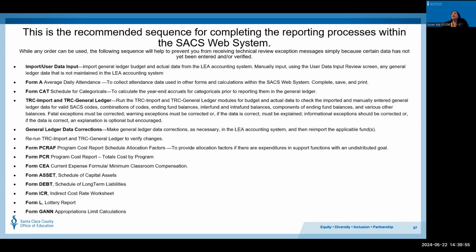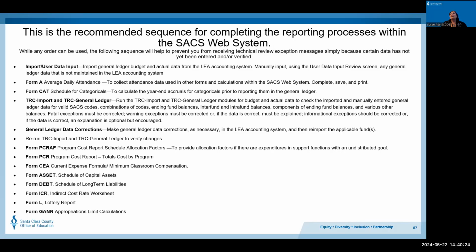These are just the recommended sequence for completing your forms in SACS. These are CDE's recommendations. They believe that if you enter them in this order, you'll have fewer TRCs. So they recommend that once you've got your data imported and you've reviewed it, you've made any corrections and re-imported, go ahead and start with your Form A, which is your average daily attendance.